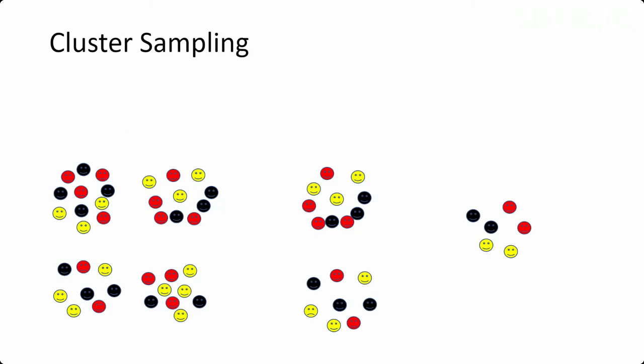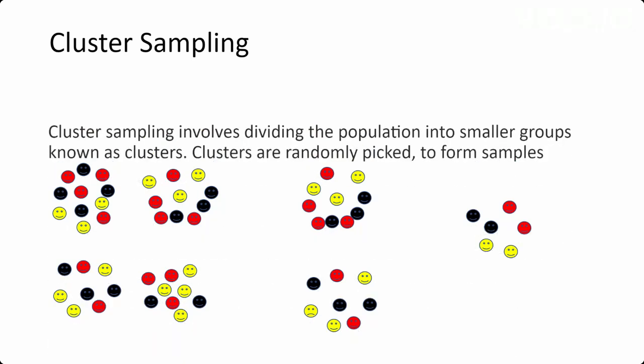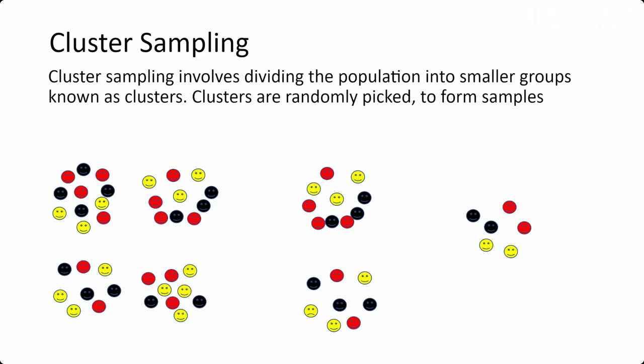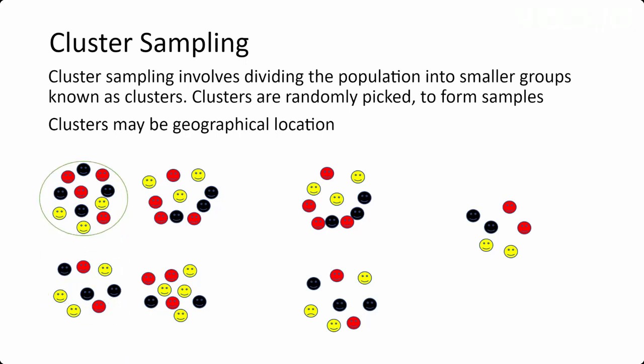Then we come to cluster sampling. This is the last but not the least. Cluster sampling involves dividing the population into smaller groups known as clusters. Then clusters are randomly picked to form samples. The clusters, usually it's based on a geographical location. So I'll also give a geographical related example. So in our case, we can have a cluster,